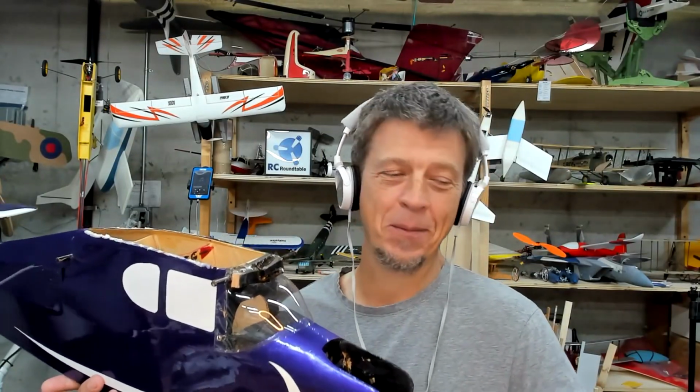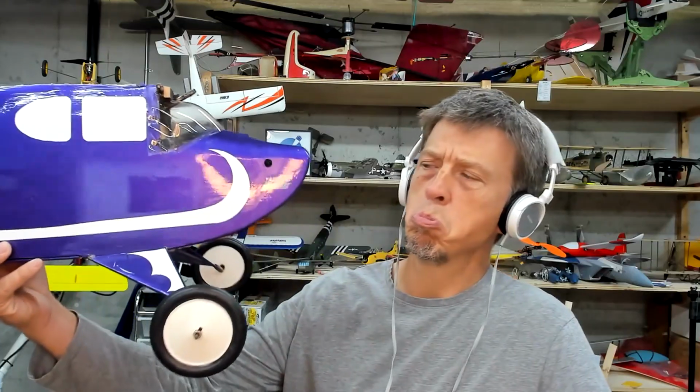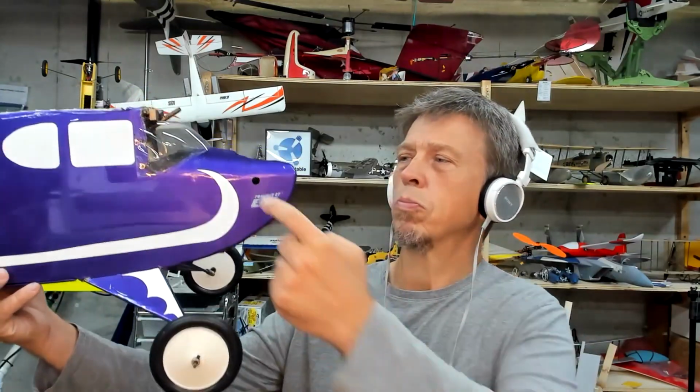So, any questions before I dig in any further? Looking at the nose hook, it looked to be an inverted engine. Is that correct? Because I'm looking at the needle valves on the right side. Aren't they normally on the other side? I didn't consider that, but you're probably right. I bet it was mounted inverted. I would assume you could mount it either way, but based on that, I would say it probably was